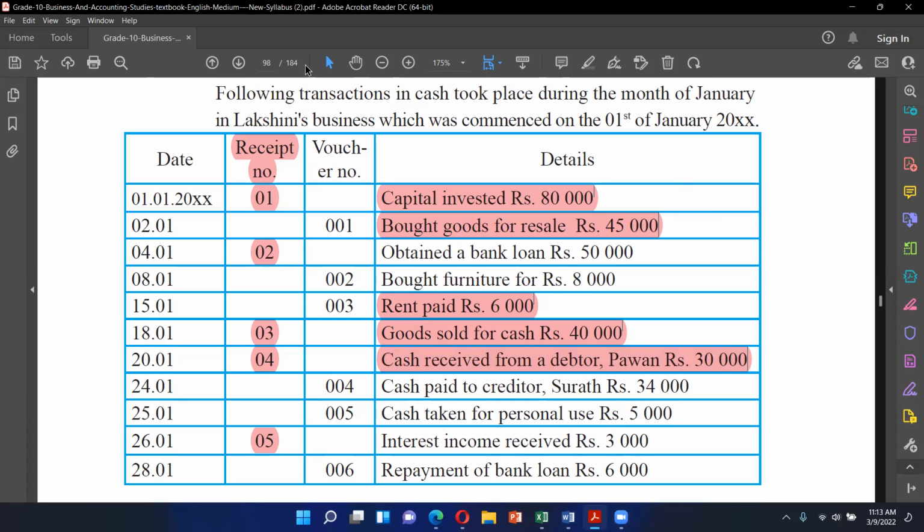Cash account debit, debtors account credit. Yeah, very good. Cash account debit 30,000 and debtors account credit 30,000. 24th, Minanga. What is the double entry for 24th transaction? Cash account credit 34,000. Creditors account debit 34,000. Yeah, creditors account debit 34,000 and cash account credit 34,000. And